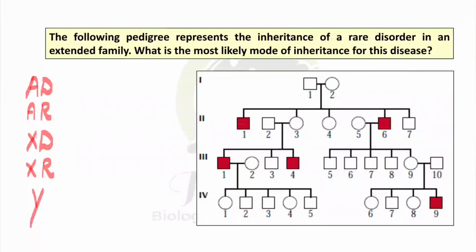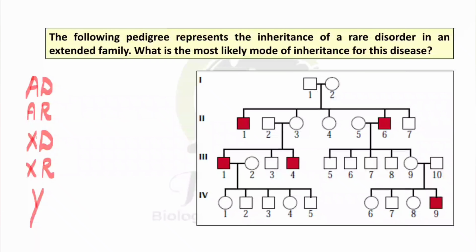So to find out whether the inheritance pattern is of an autosomal trait, whether dominant or recessive, this cannot be autosomal dominant or recessive, because we have just studied that in autosomal dominant and autosomal recessive, both males and females have an equal chance of that particular disease or trait. यानी कि male और female जितने भी होते हैं उन दोनों को equal chances हैं कि वो trait उनमें हो सकता है या वो disease उनमें हो सकता है.